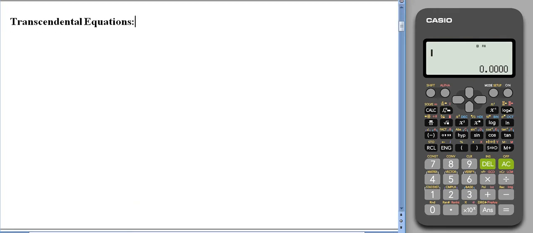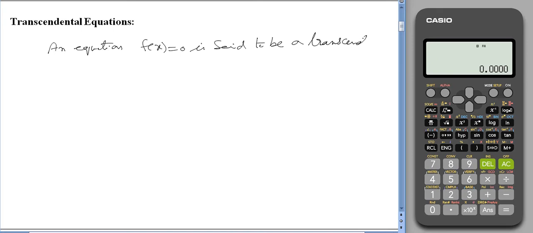An equation, I will simply call it f of x equals 0, is said to be a transcendental equation if